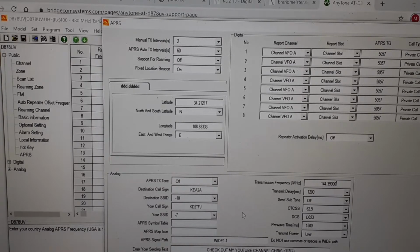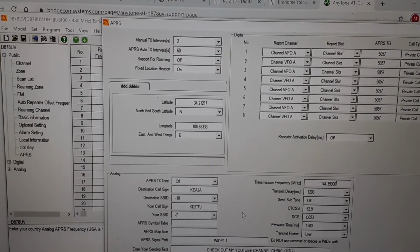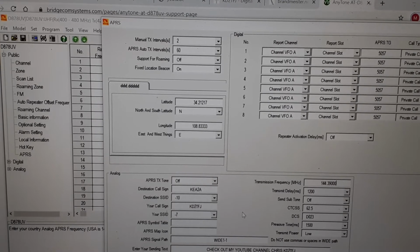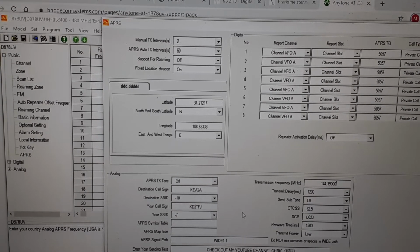But in order to space it out, you're not going to sit there and constantly key it up every minute or every second, right? So you can set the time interval that it would actually send the packet when you key it up. Let's say I key it up and I send a packet. I can do that again and again and again, but you don't want to keep on doing that. So what I typically would do is give it a space of about 2 minutes, because